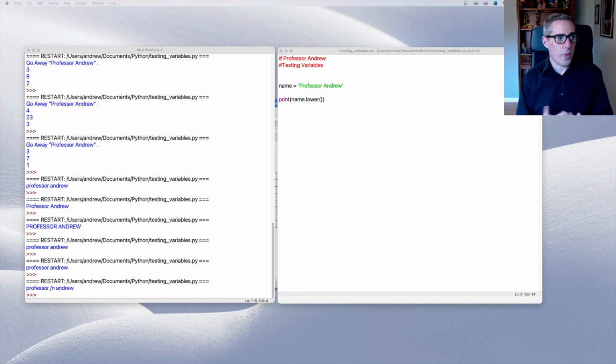You can put tabs in there. So one other thing we might want to do is actually print out a number. But when you try to print a number as part of a string, it's not going to work the way you expect, because a number is an integer and a string is a set of characters. So if I have Professor Andrew, and I put height there, and I say height equals 70,